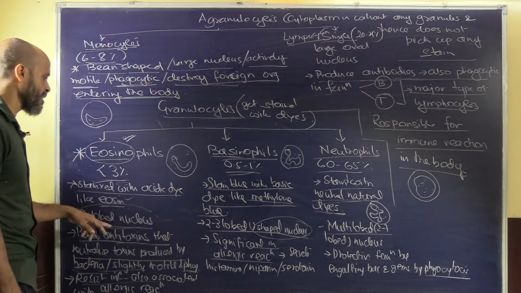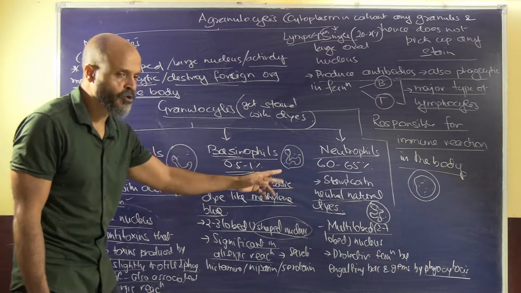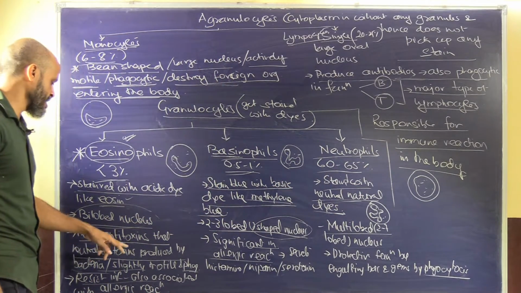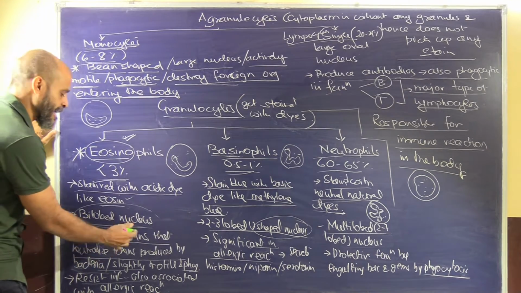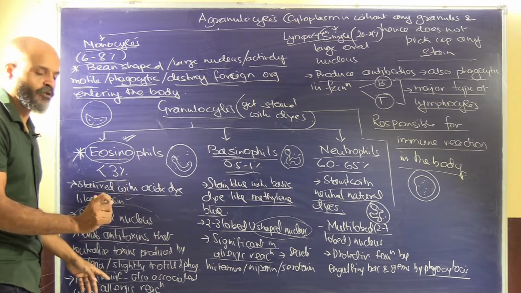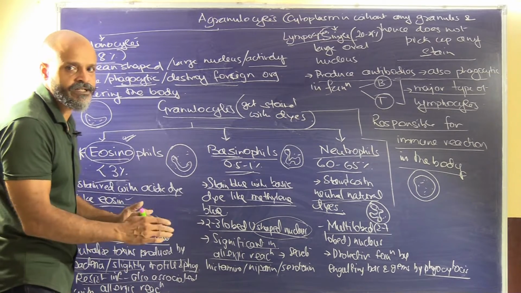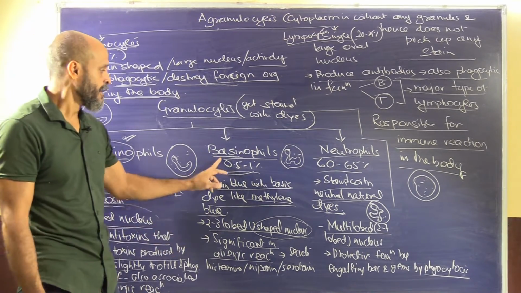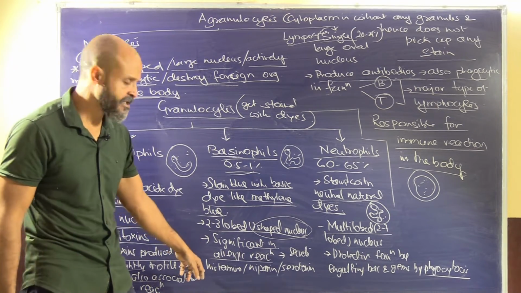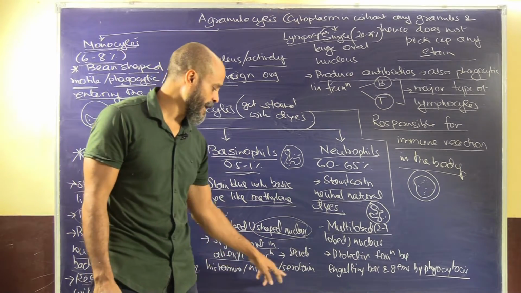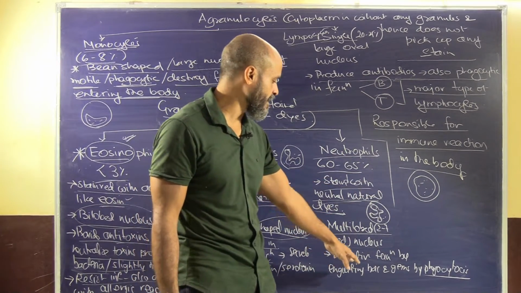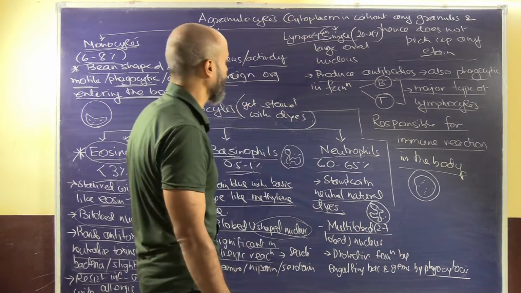These are generally bilobed nucleus. These are 2 to 3 lobed nucleus, and these are multi-lobed nucleus. They basically provide antitoxins that neutralize the effect that are produced by bacteria. They are slightly motile and phagocytic, and they also resist a certain amount of allergic reactions. Basophils are generally associated with fighting against any kind of allergic reactions. They secrete histamine, heparin and serotonin, and these are primarily phagocytic. Neutrophils offer a protective function by being phagocytic.